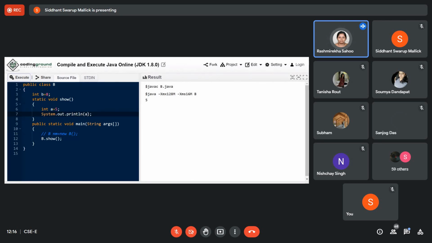But whatever variable you are accessing outside this method, that variable must be declared with the keyword static. Then only this static method can access it. Understood? So that's why you can't write B directly over here. If you write B, then it is showing that static method can only access static members. So you have to write here static int B. But in this case, as A is inside the static method, you can directly use this A. No need of writing static there.